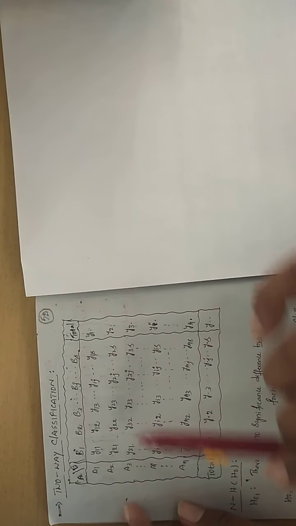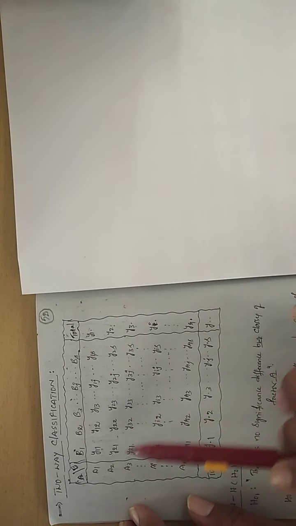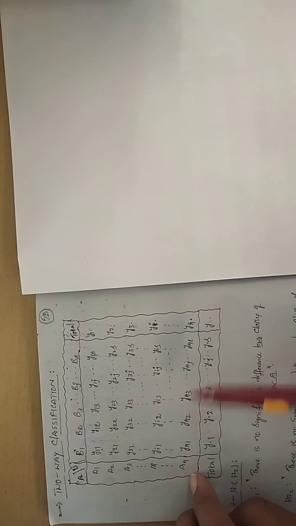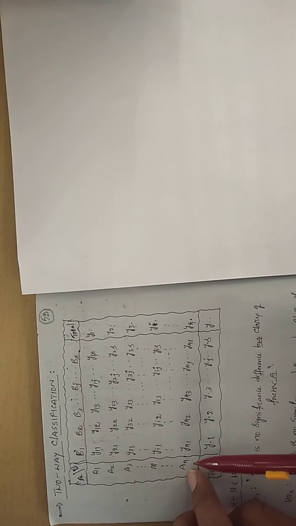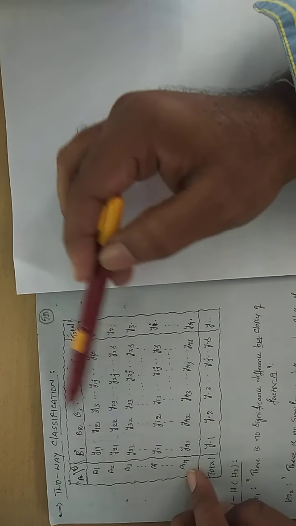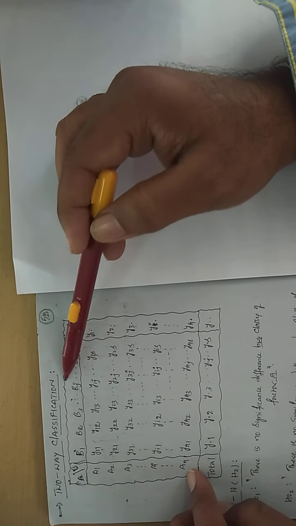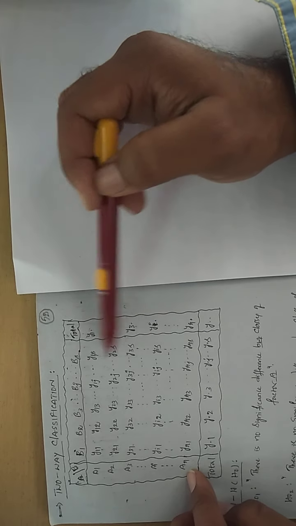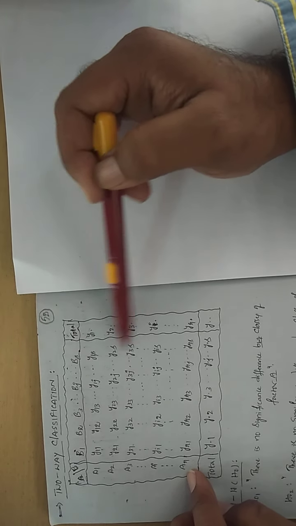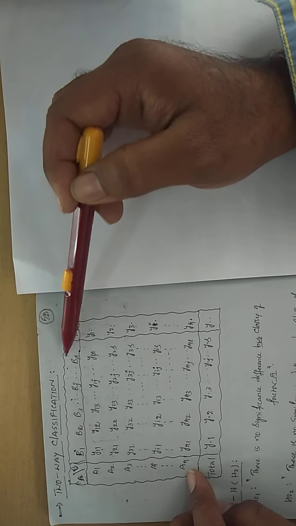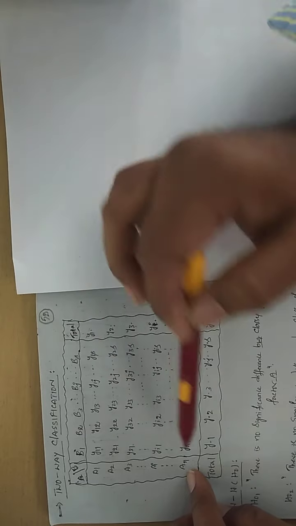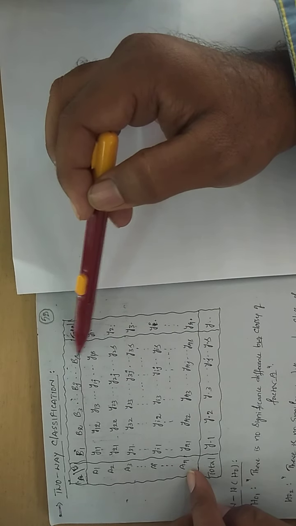So how many rows are there? A1 row, A2 row, A3 row, like that. AI row, this is called the general row. And what is the last row? AR. R represents rows. Now how many columns are there? B1, B2, B3, like that. BZ is going to be the general column, and BS is going to be the last column. So instead of C, what I am writing here, don't confuse. This is standard notation, that's all. So R stands for row, here S stands for column.